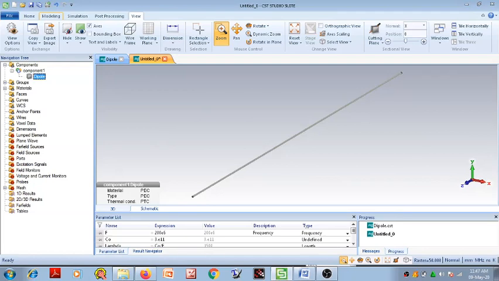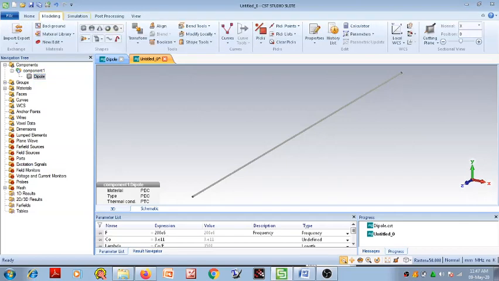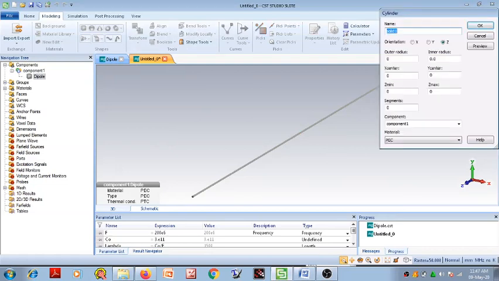Okay, now we have to subtract a small portion at the center of this dipole to provide a source. So again click on modeling, click on circular cylinder, escape, label it as a gap. Outer radius remains as it is r, inner 0.